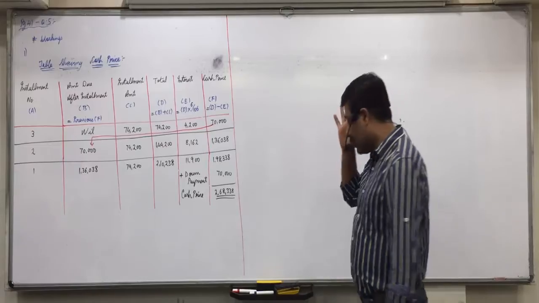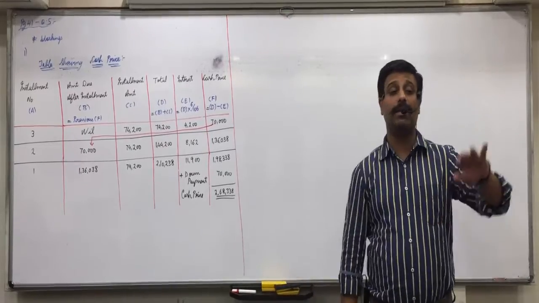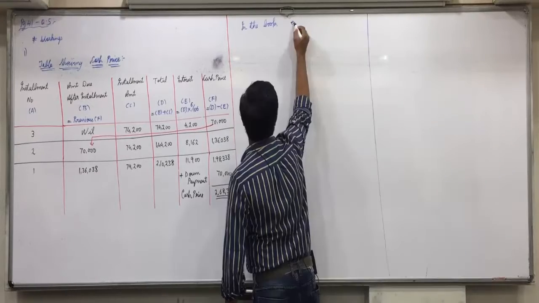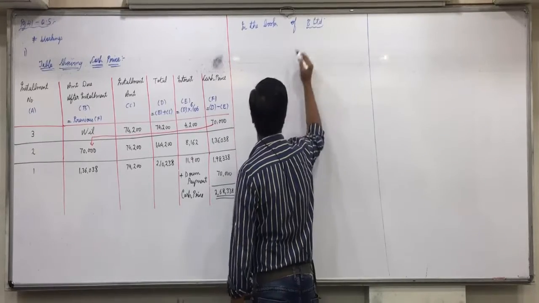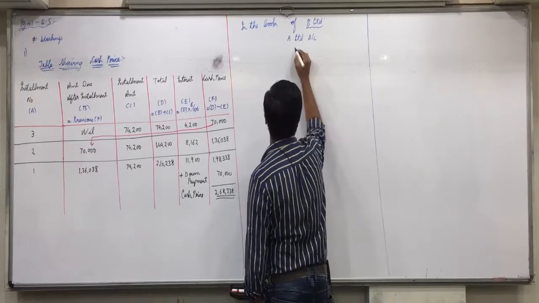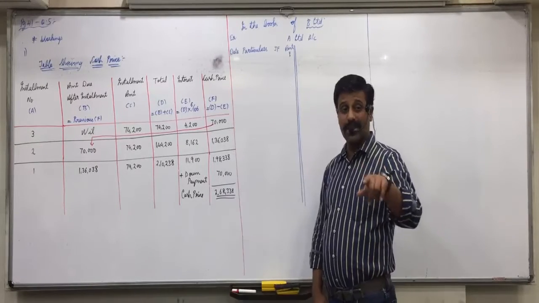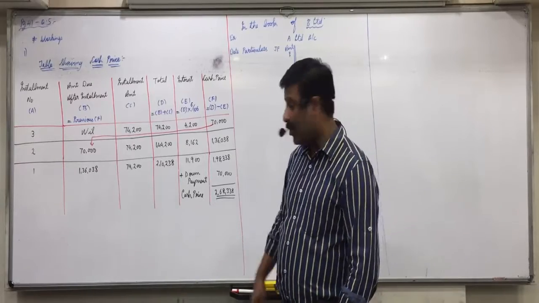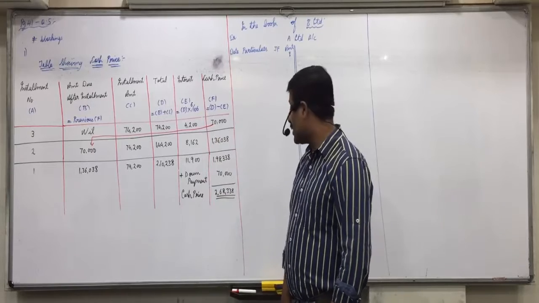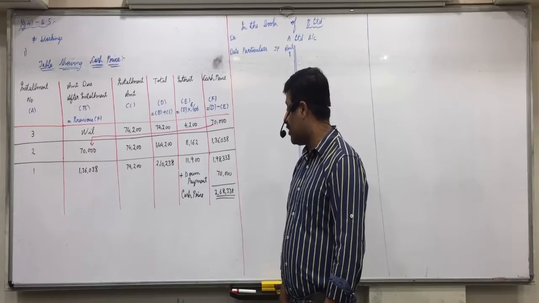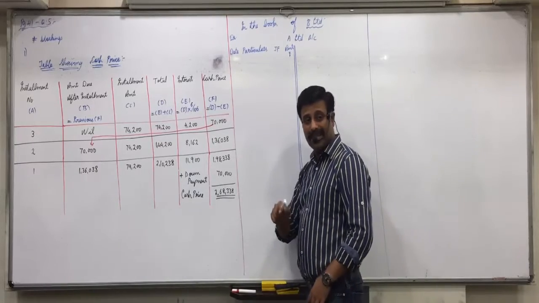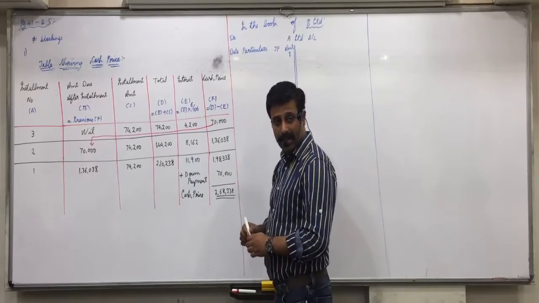Half page, make a format. Same question in the books of A Limited is your homework, which I will discuss after completing. In the books of B Limited, first we have to make the A Limited account, the hire purchaser account, the buyer account, half a page each. There is not the original price, there is price including interest. Now in this 268,338, add these 3 interests: 268,338 plus 4,200 plus 8,162 plus 11,900. Okay. This is the cash price, and what you are doing is the hire purchase price, that is including interest.